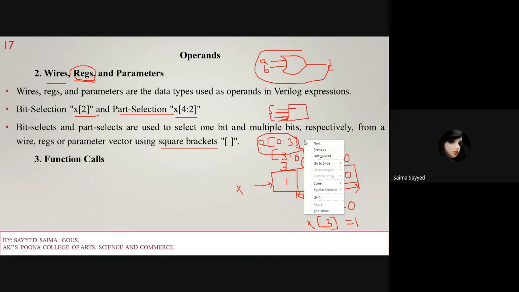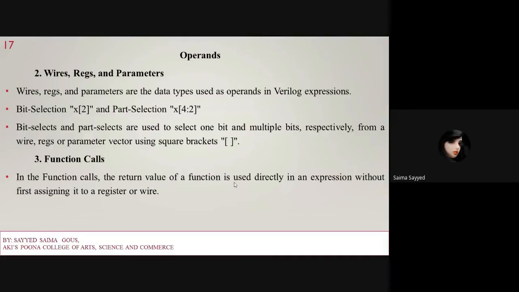Then function call. Here, function calls are used to return the value of a function directly in an expression, without first assigning it to a register or wire. It is used whenever we want to return a value from one function to another function, or when we have to call a value from another function.